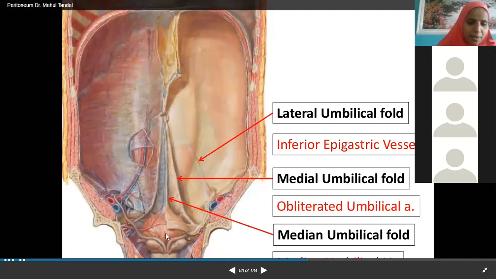Now this picture, I kept Datta's diagram, but this is Netter's atlas picture, which is very good. Median umbilical ligament. This is medial. I told you Lucknow, London, Elfer. Medial umbilical ligament, this one. This represents obliterated umbilical artery. Both the sides, it is medial umbilical ligament. Then here at the inferior epigastric vessels, also there is a thickening of peritoneum, which is called lateral umbilical ligament or lateral umbilical fold, which is the remnant of inferior epigastric vessels.